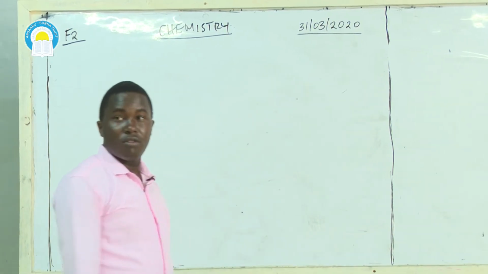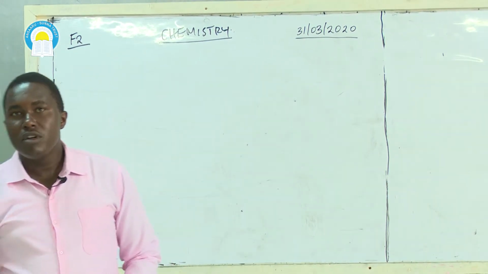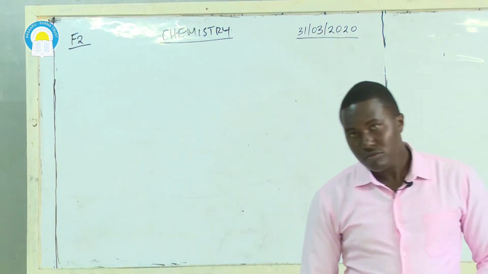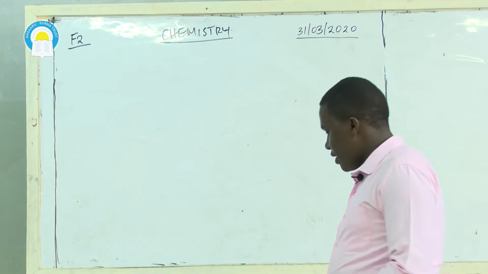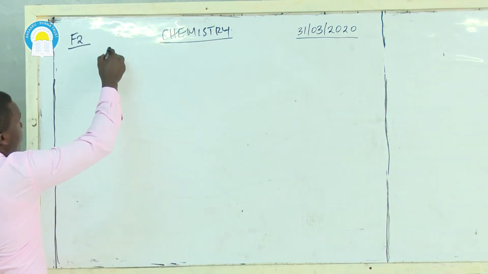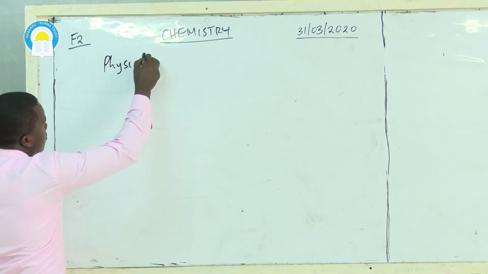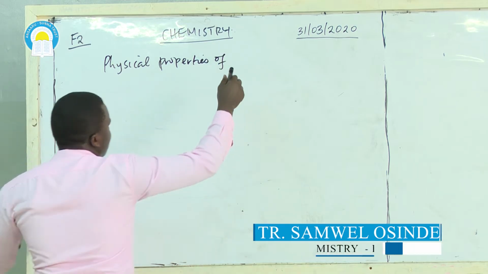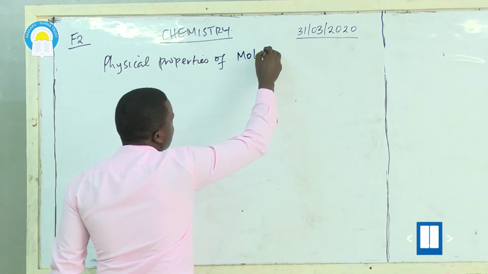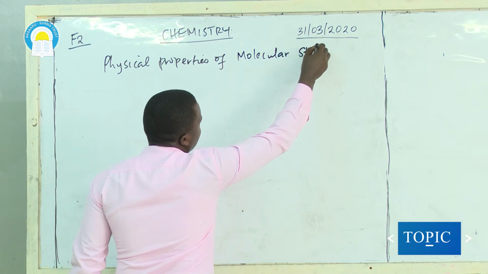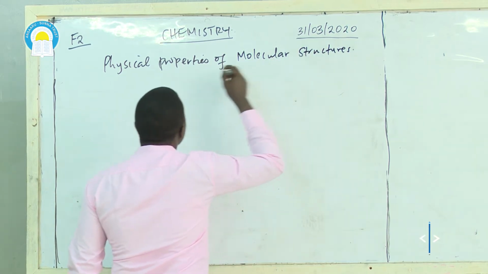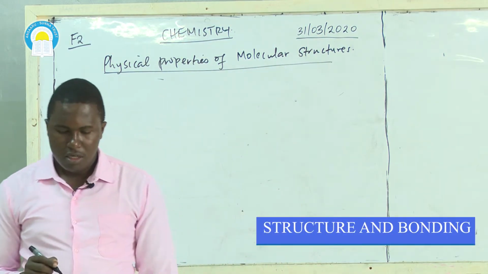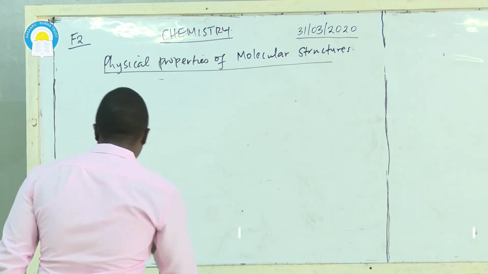So we are going to continue from where we stopped. We were looking at structure and bonding, and today I want us to focus on physical properties of molecular structures. So we saw that for covalent bonding,